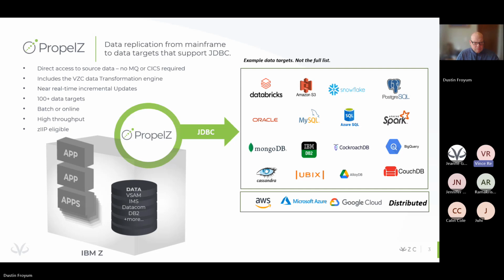Even in our environment, and keep in mind we're a tiny organization with the world's smallest mainframe, even in that situation, we see thousands and thousands of rows per second with PropelZ, and I would expect that a real enterprise-grade mainframe configured with lots of bandwidth and all the things that mainframe customers typically have should see tens of thousands, maybe hundreds of thousands of rows per second out of